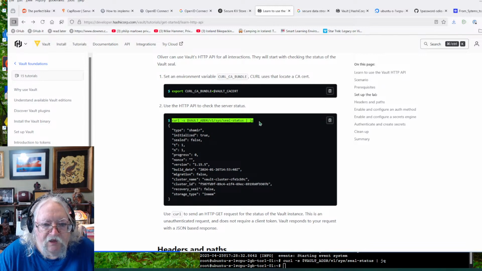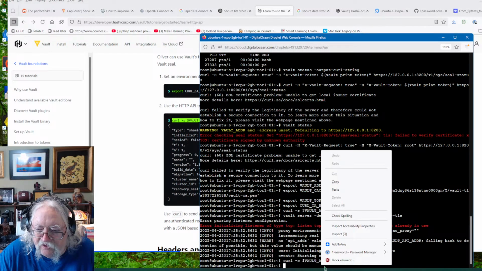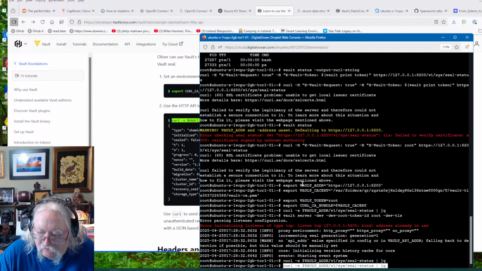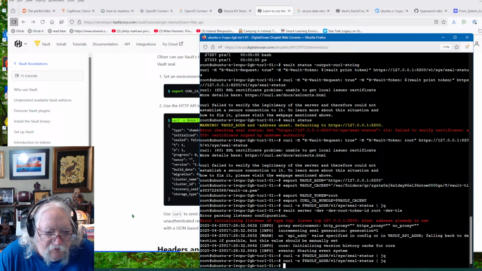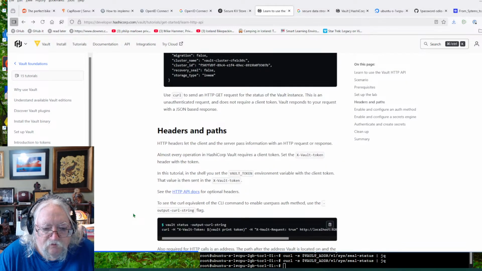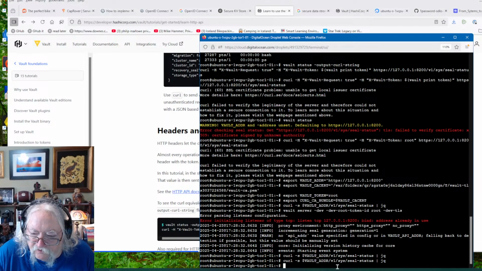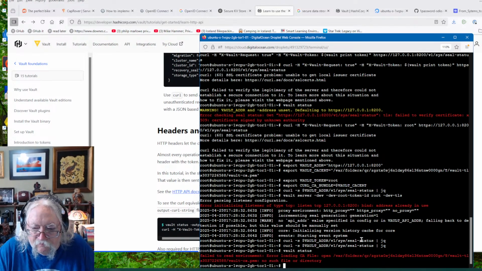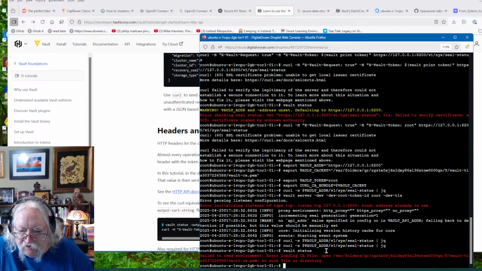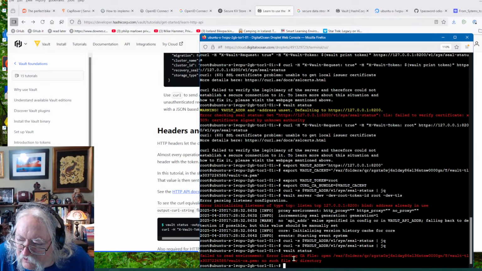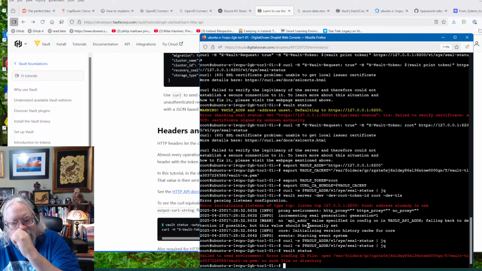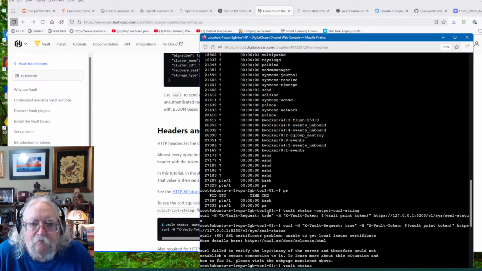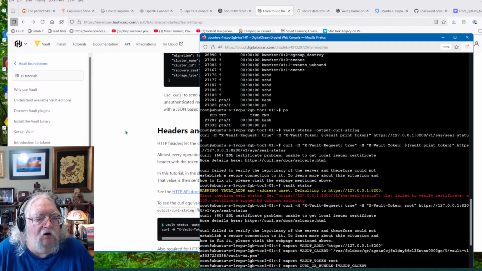I don't see why this produces nothing. This should produce something. But it produces nothing. Let's just try vault status. Error loading certificate authority file, no such file or directory. Alright, what we'll do